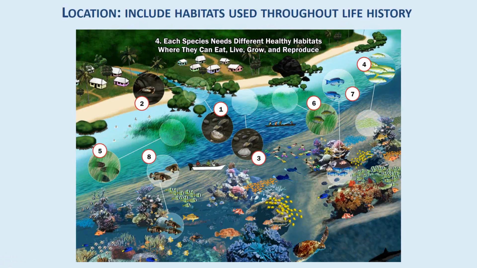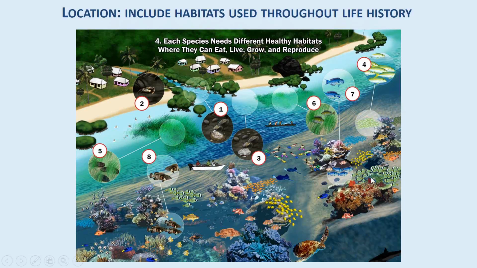It's been really frustrating for me when I go to a place and people have gone to a lot of trouble to set up a no-take area because they want more, say, coral trout to catch out here in the reef, and they put it on a patch of sand or further away just because they think they don't like no-take areas, so they don't want it where they fish. And of course it's not going to work. So when you're putting these in place, you need to think about not only how big, but are they in the right place?